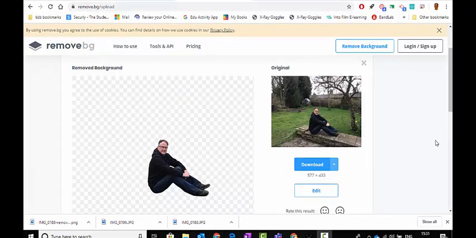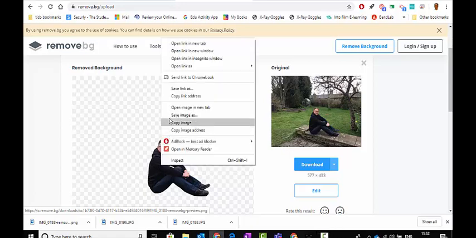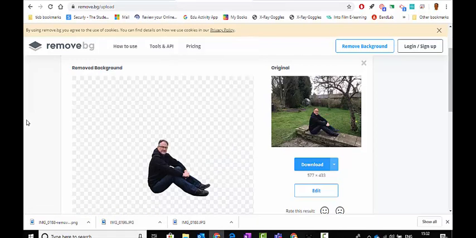Now if I was using a Chromebook, instead of right clicking, you can't right click on most Chromebooks, so you two finger tap. So if I tap my trackpad with two fingers over this picture, then it will bring up the same menu and I can save the same image. So if you've got a Chromebook, or if you've got a PC and you've got a Google account, you can